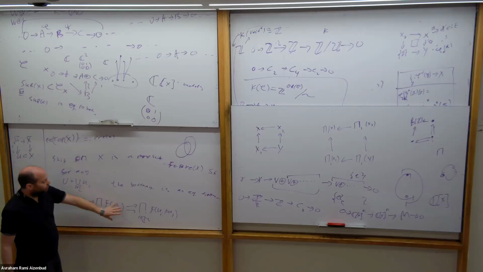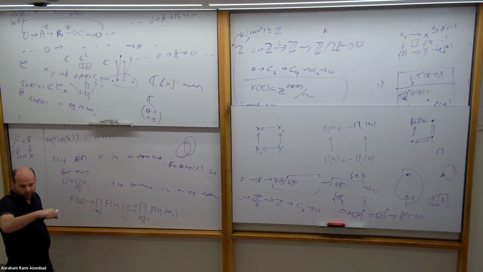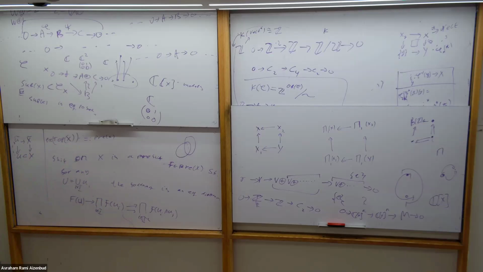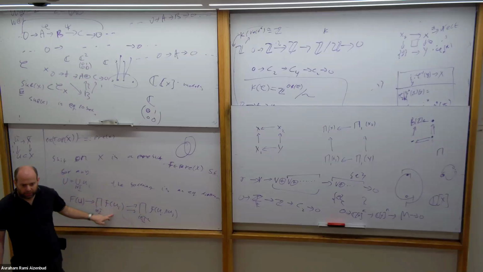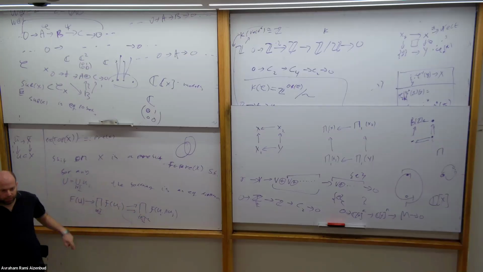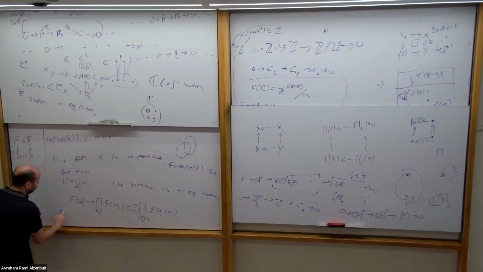And the second thing is, what is the image? The image is of course not everything. Not every choice of sections on each Ui comes from a section on U. But if they agree on the intersections, which exactly means that these two maps are the same, so you're in the equalizer, then it has to come from U. So this is one way to phrase it, but since it's a course in category theory, we can phrase it even better. We can say that the map from F of U